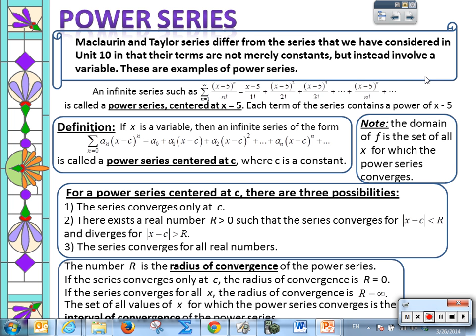This is an example here of an infinite series and power series. Notice that it's centered at x equals 5, and each term of the series has a power of x minus 5, and so that's where it gets its name, power series. We have a definition here. This is just the definition of a power series, it writes out what it takes to be a power series. To find the domain, basically the domain of f is the set of all x for which the power series